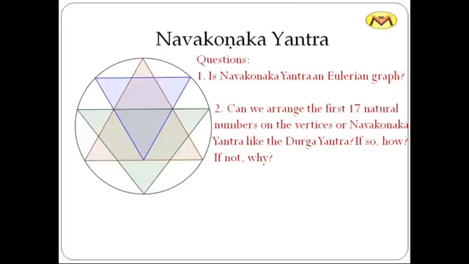The magic constant can be either even or odd. So we assumed if it is even, then here we are having 4 points, and if the total should be even, then either all the 4 should be even, or 2 should be even and 2 should be odd. And if